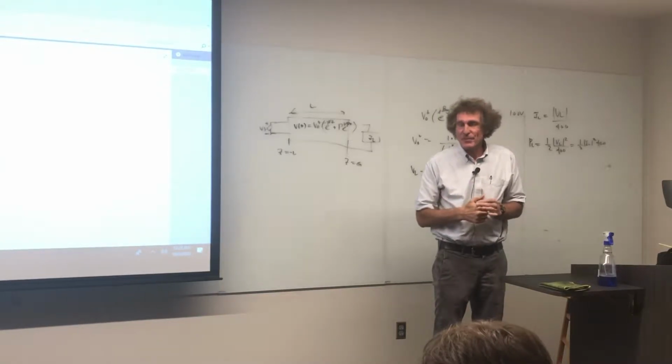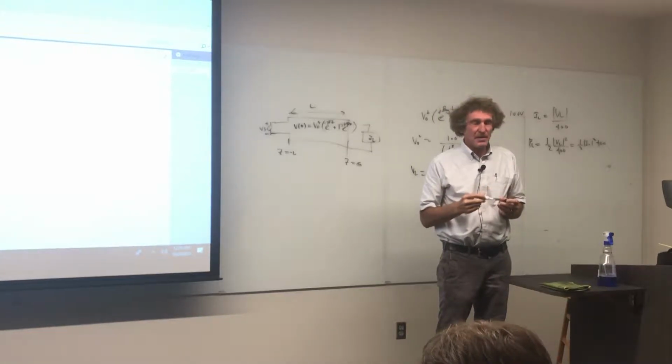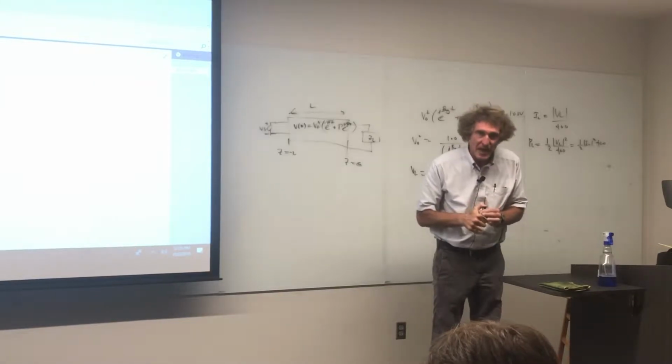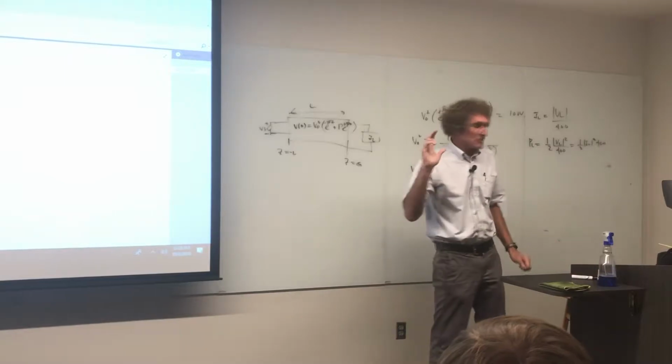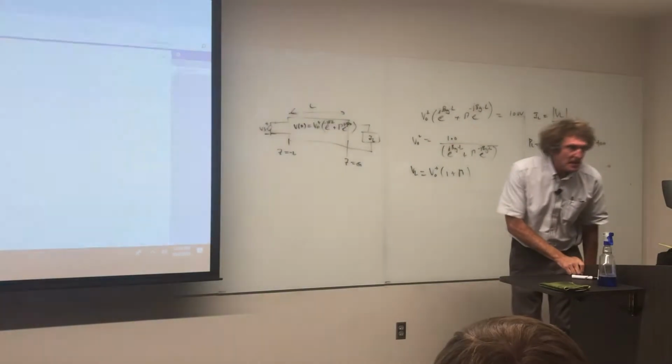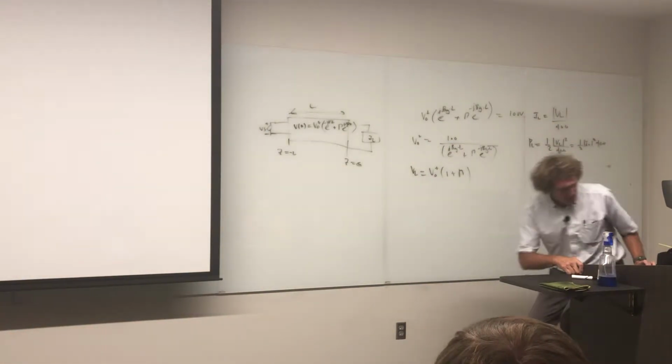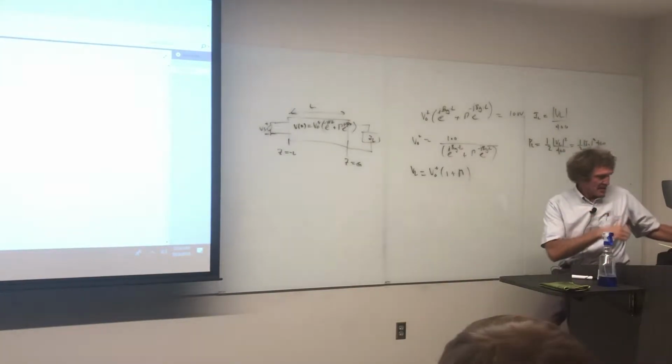If you want to do the 1/2 the real part of V times I conjugate, you can do that, but this is easier and quicker. And I saw a lot of things I wasn't sure about what you were actually trying to do to get that power. All right. Now, anyway,